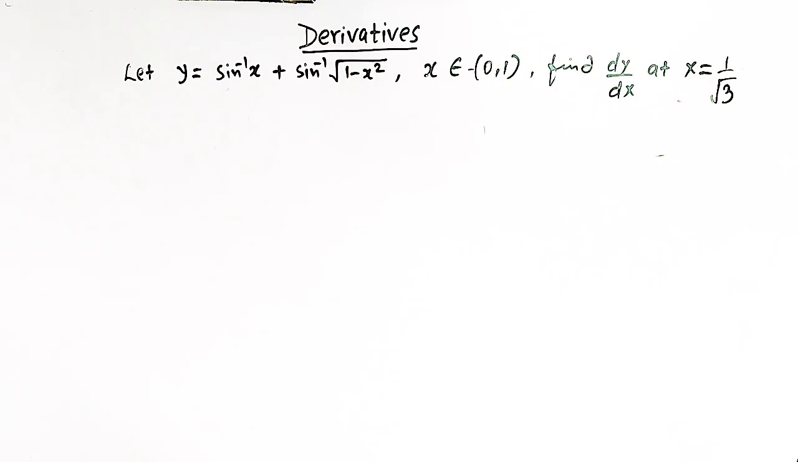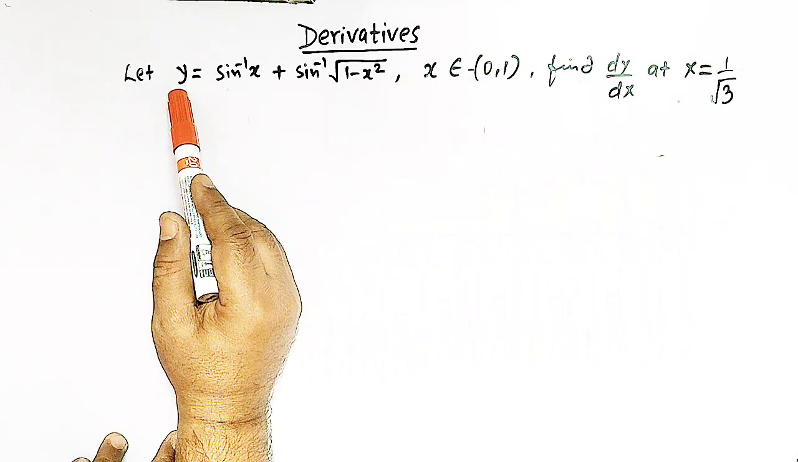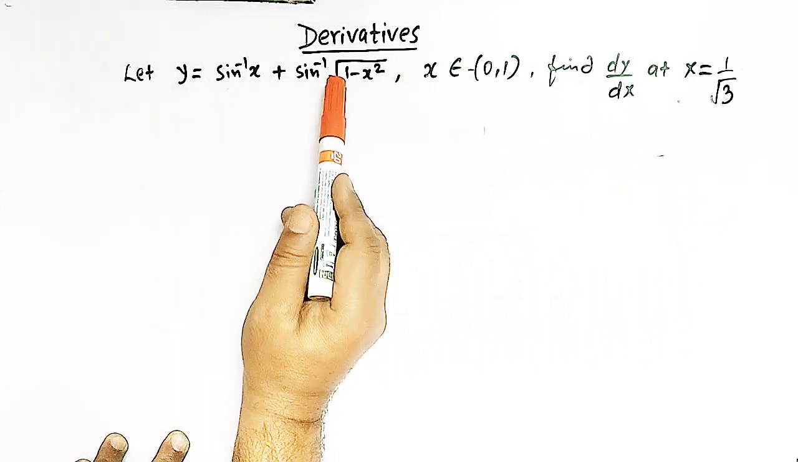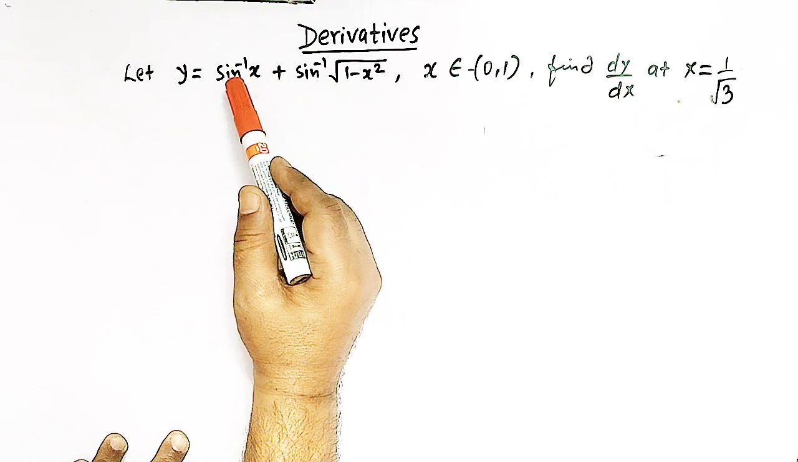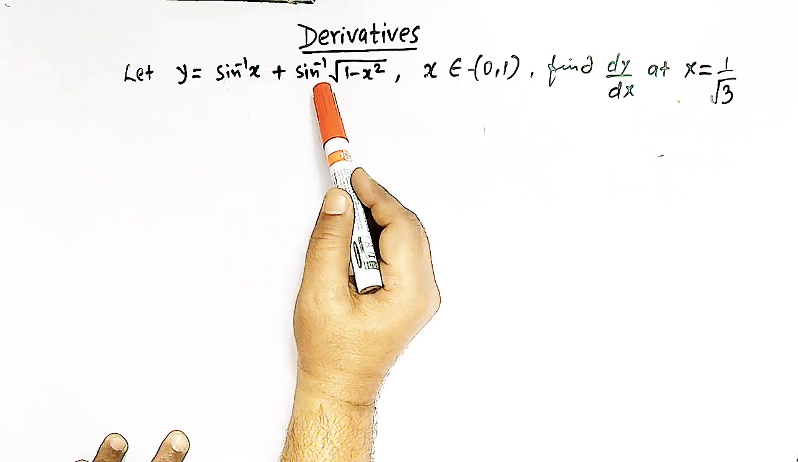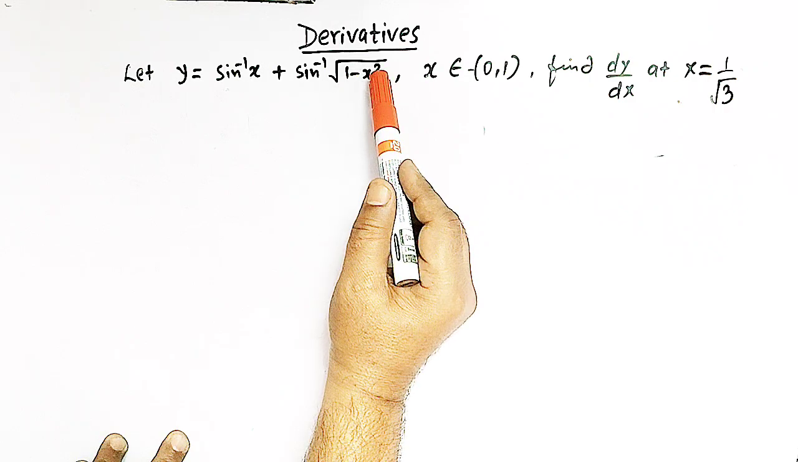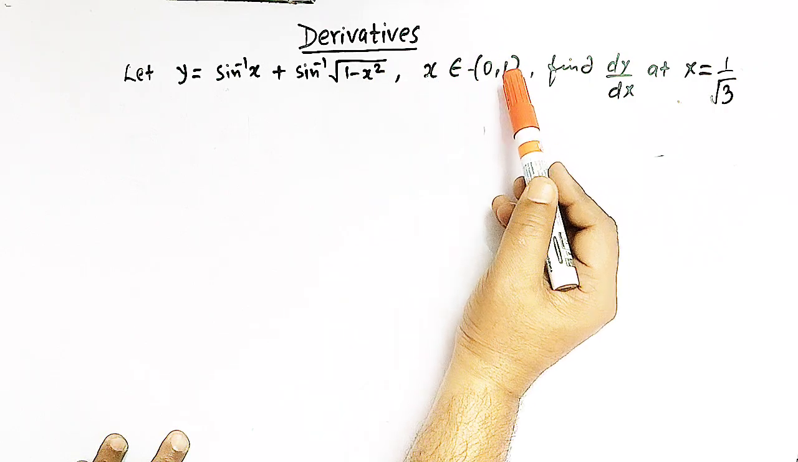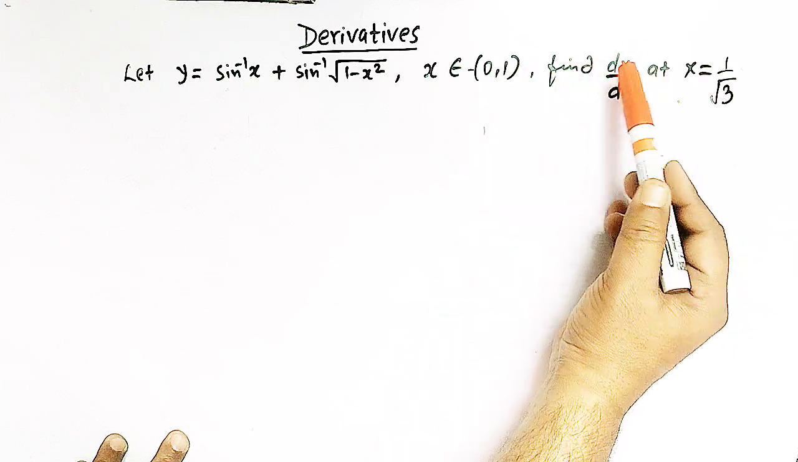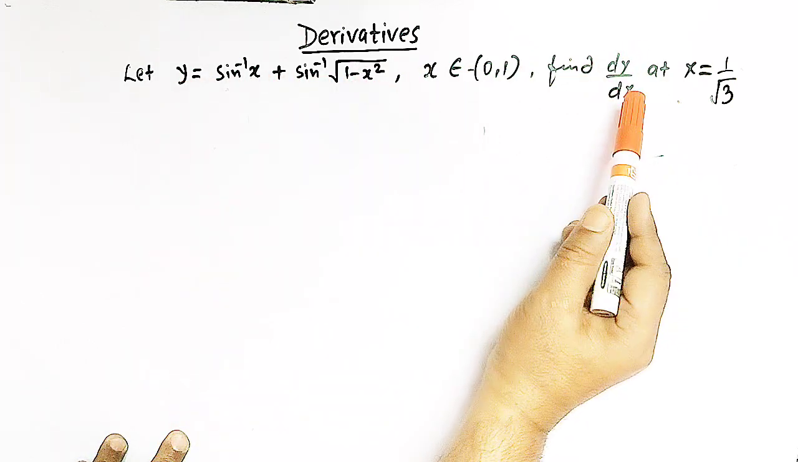Hello viewers, in today's session we are going to discuss another important problem from derivatives, and here we are going to find out the derivative of this function y, that is the sum of two inverse trigonometric functions. So here we have sine inverse x plus sine inverse square root of 1 minus x square, where x belongs to this open interval 0 to 1, and we have to find the derivative of y with respect to x